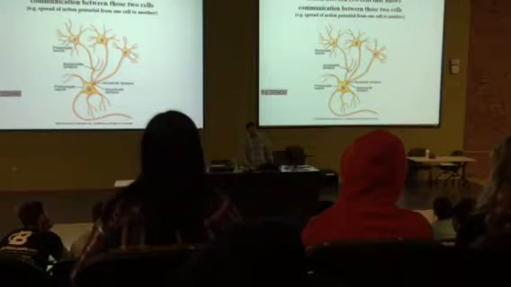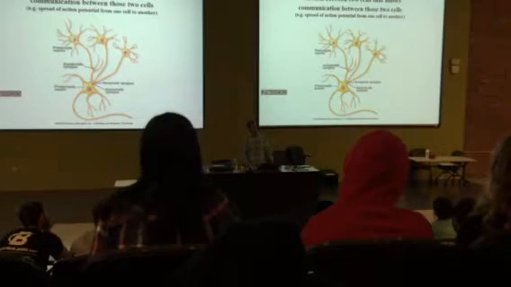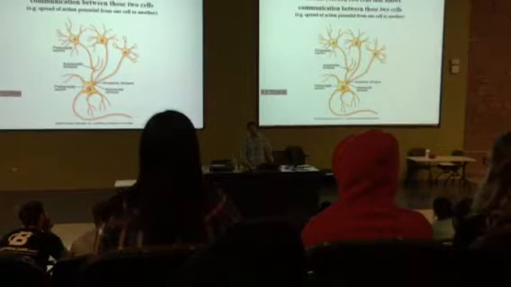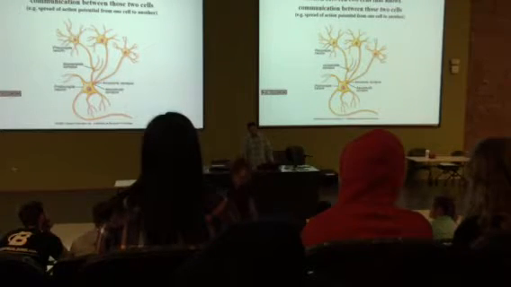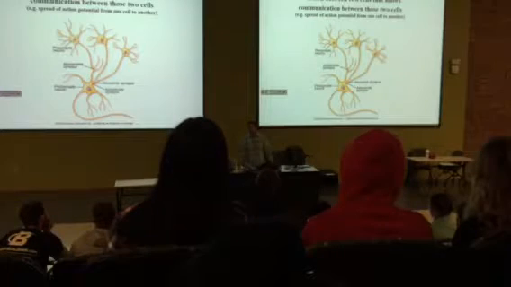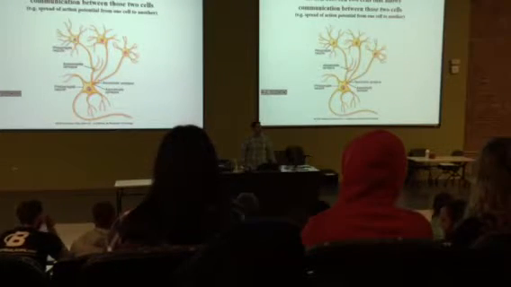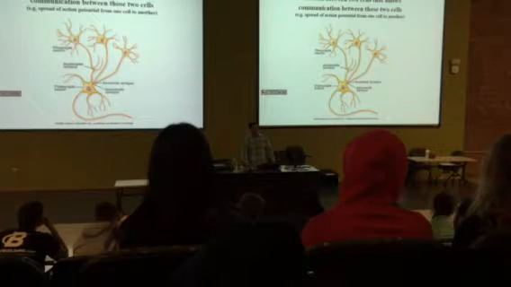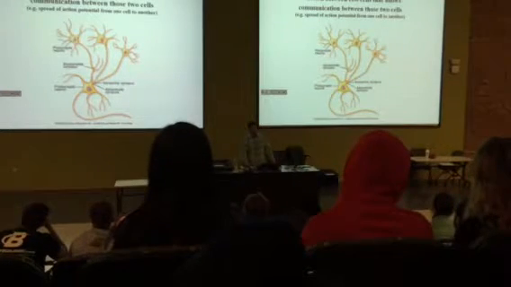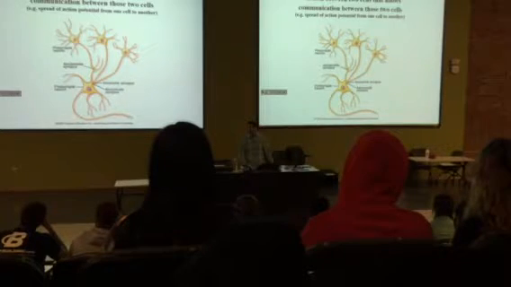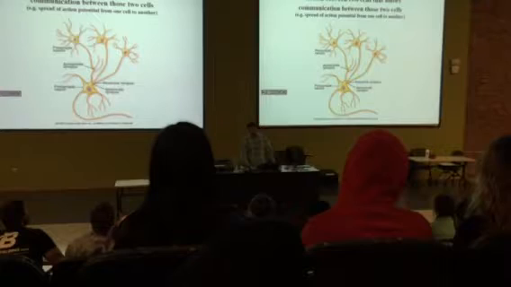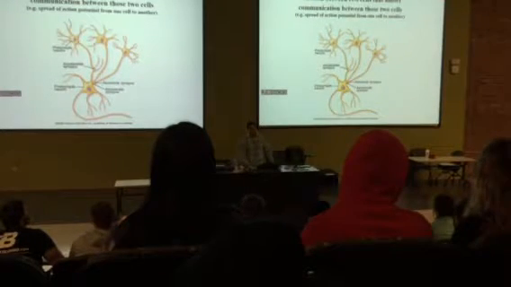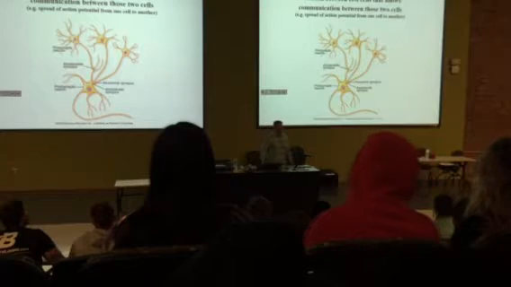This neuron right here is actually communicating with this neuron, which is going to then allow this cell to indirectly communicate with this neuron. If you look at this closely, this neuron is synapsing with this neuron via the axon. You can have axon-axon synapses. A lot of times when it's introduced, it's always axon dendrite or axon cell body. No, it can be any part of the neuron where synapses are. So this axon from this neuron is synapsing with the axon of this neuron, and since this neuron is communicating with this neuron, so is this one. It's just indirect.